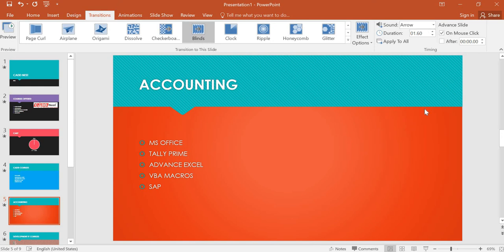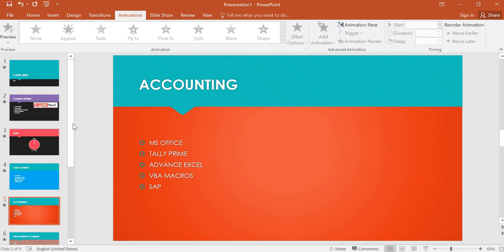And here I have a duration, from and after duration, which means if you are changing the slides from one to another, you can change it manually. If you don't want to change it manually, if you want that to operate by itself, you can provide the time durations for that. To provide the time, here you will click on after timings, deselect on mouse click, and you will provide certain timings to that. And then go for apply to all, so that all the slides will have the same time duration to play along with. So once it is done with 2 seconds, it will change into the next slide. It follows the same.